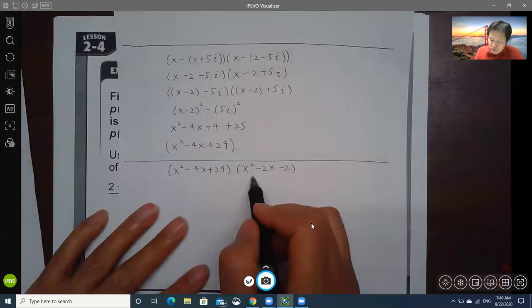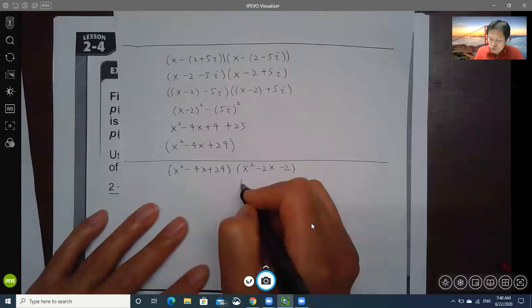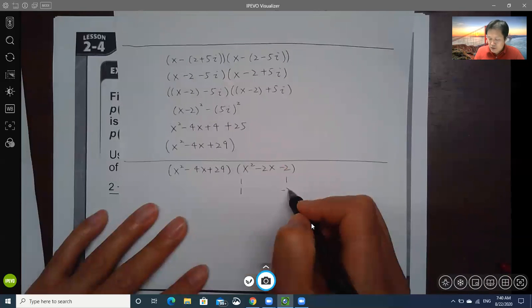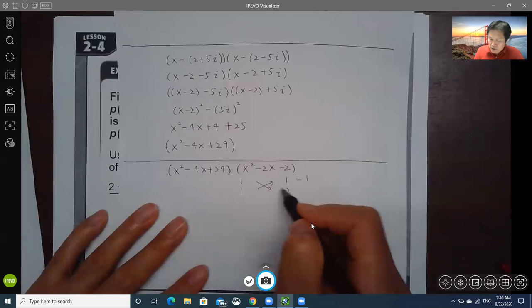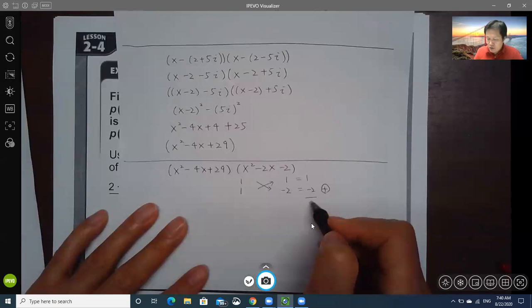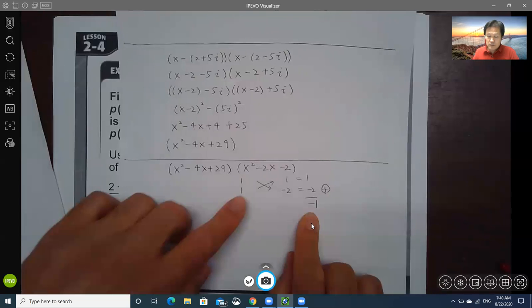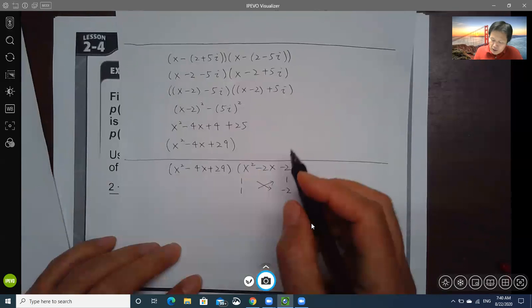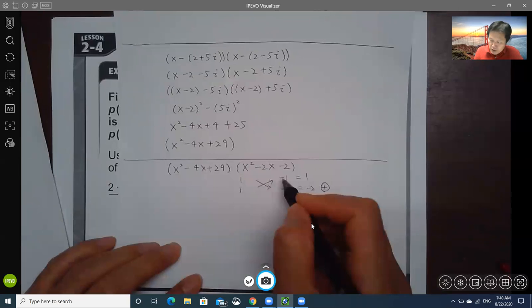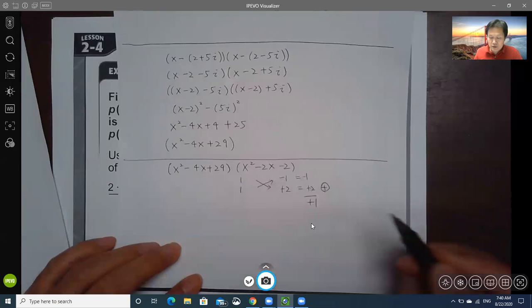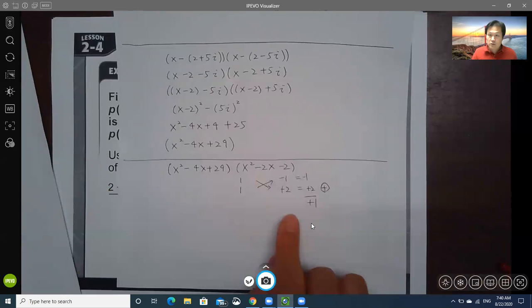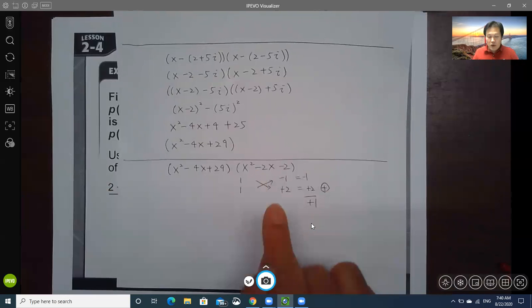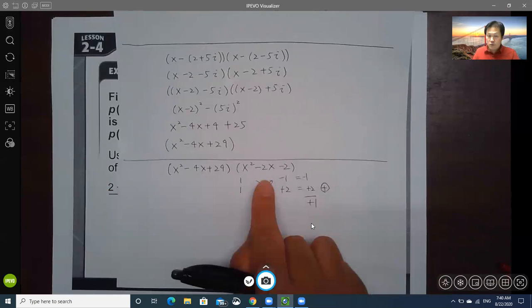So I try to factor this. 1 times 1 makes 1. 1 times minus 2 makes minus 2. Multiply, you get 1. Multiply, you get minus 2. Add them, minus 1, which is not matching. Even if you change the signs, it becomes a positive 1. Still, that doesn't help. What does that mean? This is not factorable. So you have to use the quadratic formula on this